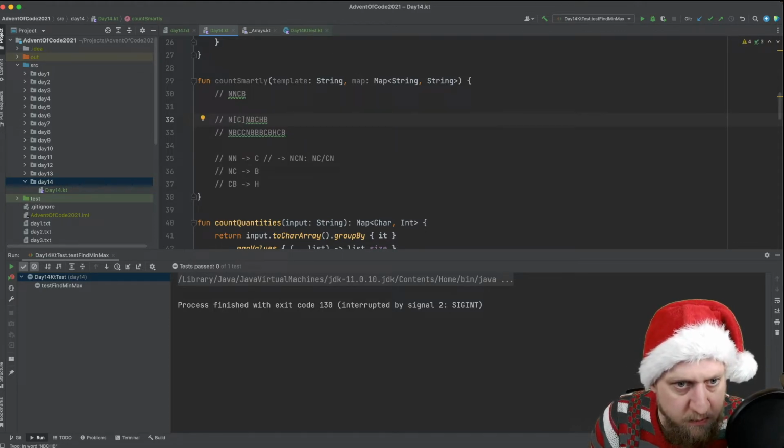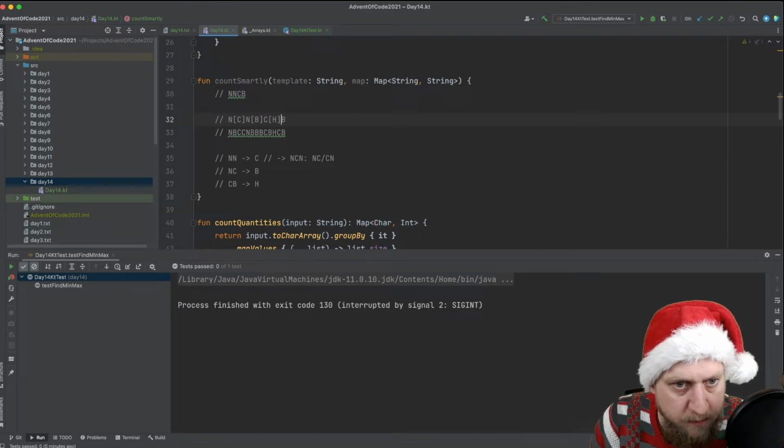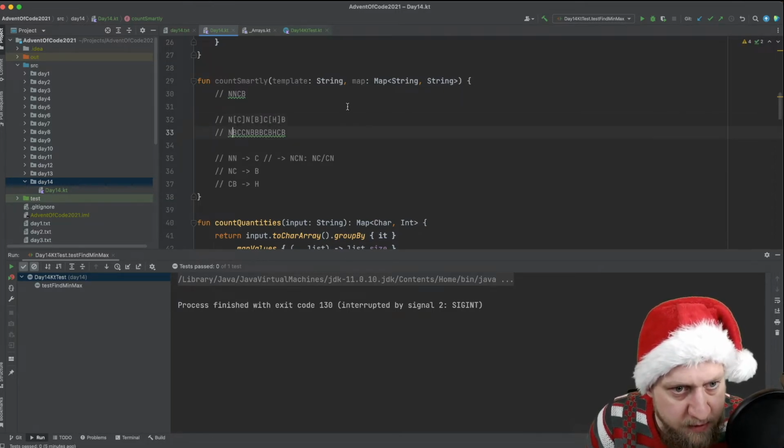This one comes from N. And then we have NC. This one comes from NC. And the H comes from CB. Now here we have NC adding the B,